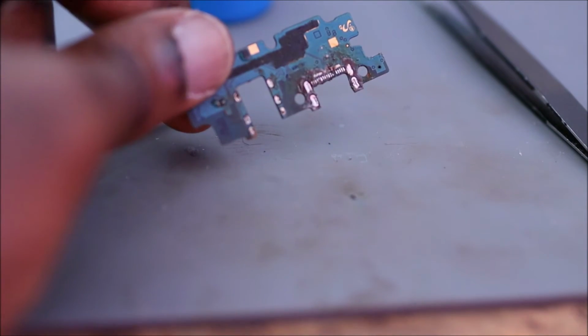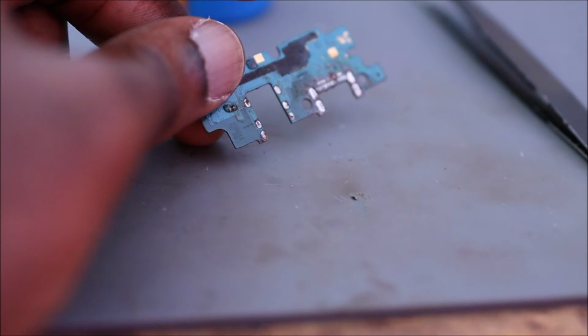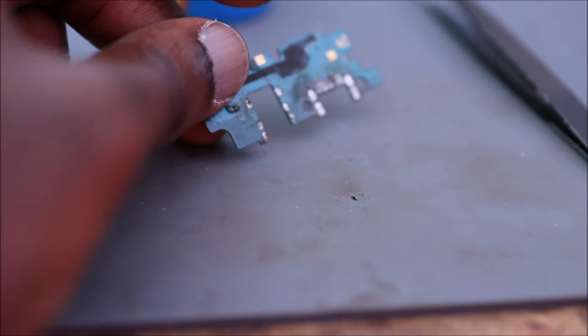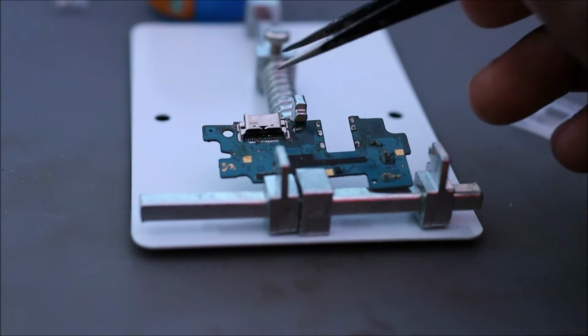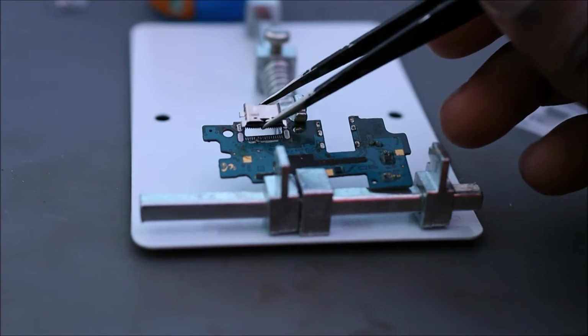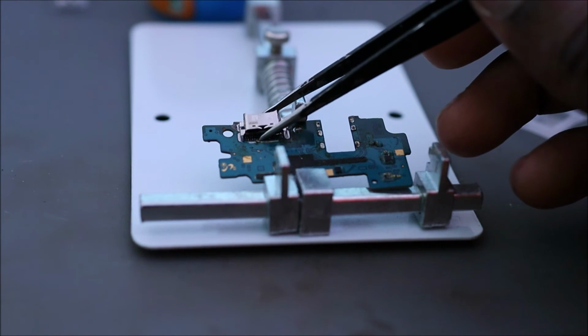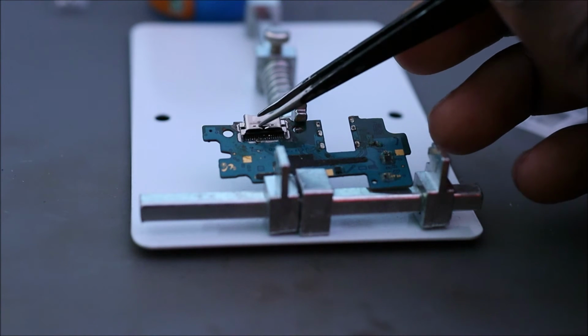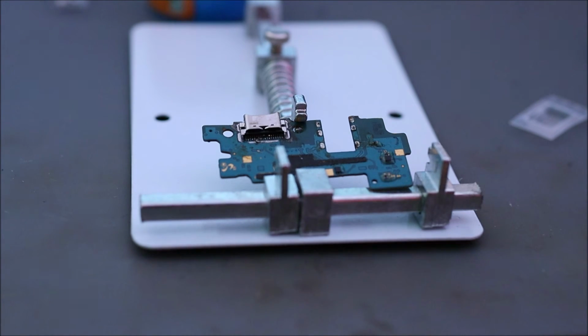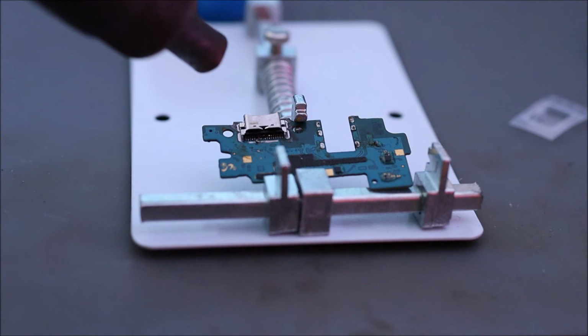Once we ensure that all the 4 holes are covered, and also we redo the back pins, you want to clean this off. Once it is aligned, you want to ensure that it is aligned perfectly, right? Once it's aligned, ensure that it's the way it should be, right? Once it's aligned, you want to use like 300 to 400 degrees heat, and